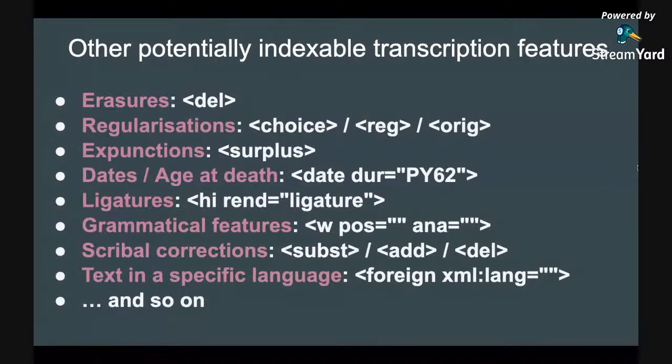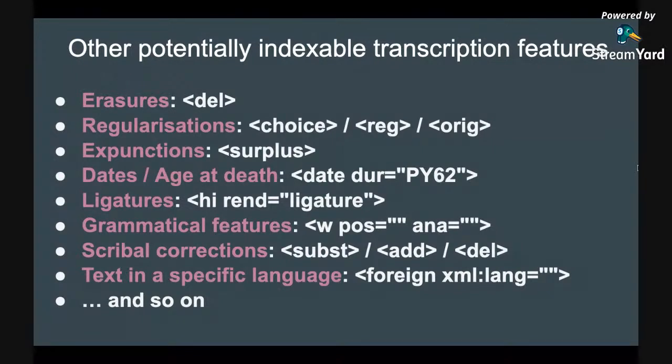Well, the date and age of death is a bit different from the other ones, because it's something that could be marked up specifically for indexing. The date element has been used specifically for encoding the information about the age of death in some already existing projects, but it's not one of the default EFES indices, I think. And we could also mark up ligatures or some of the grammatical features and scribal corrections,